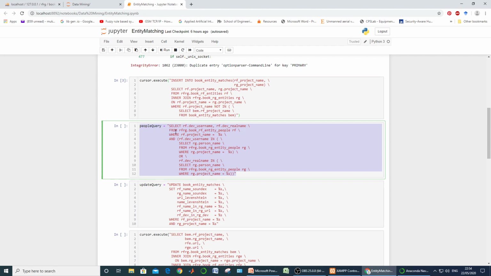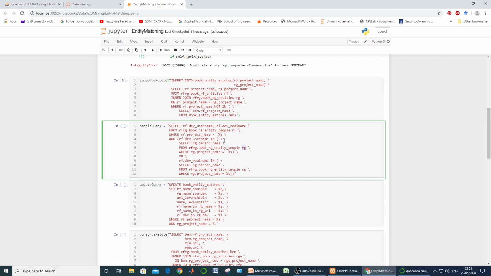If these three are passed to this query as arguments, then it selects developer username from RF and developer real name from RF, both from the RF dataset, from RF entity people, which is referenced as RF. Now we first need to resolve the references. Here RF means RF entity people and RG means RG entity people.